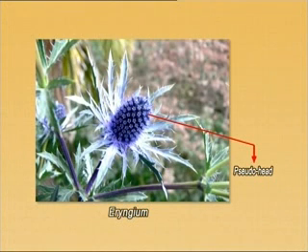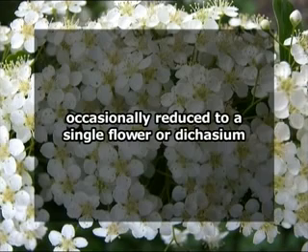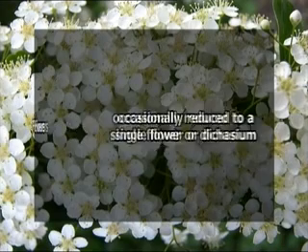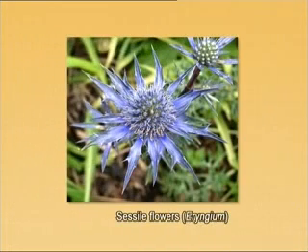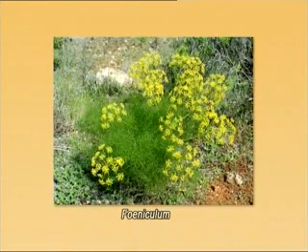The common example is eryngium, and very occasionally these inflorescences can be reduced to a single flower or a dichasium. Now the individual flower. The flowers in the case of Apiaceae are very small, but they are usually pedicellate. But rarely we see the flowers are also sessile. Examples again is the eryngium. The flowers are usually bracteate, most commonly bracteate. But there are some examples like foeniculum where we have abracteate.